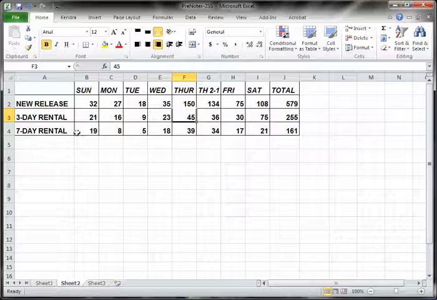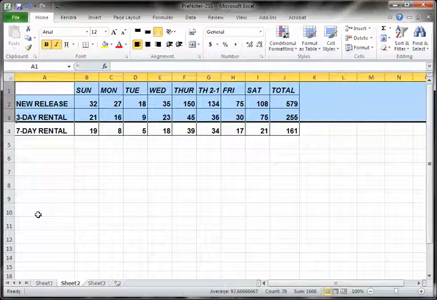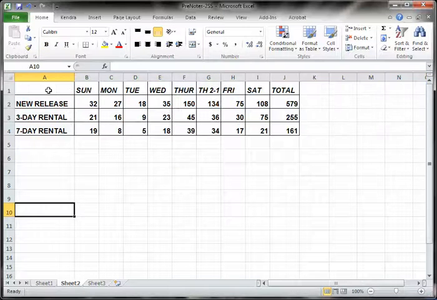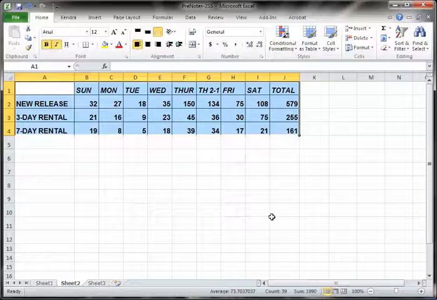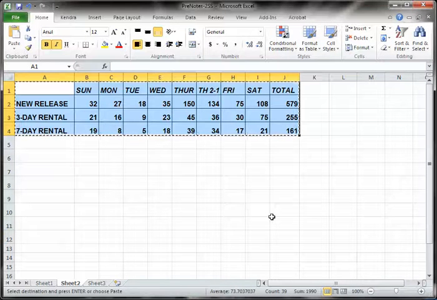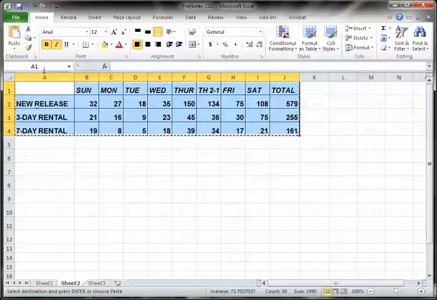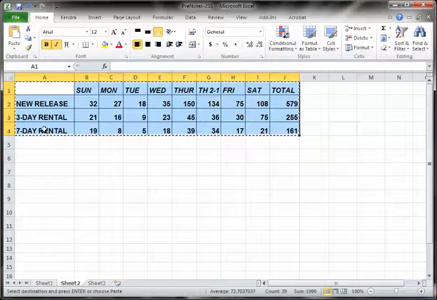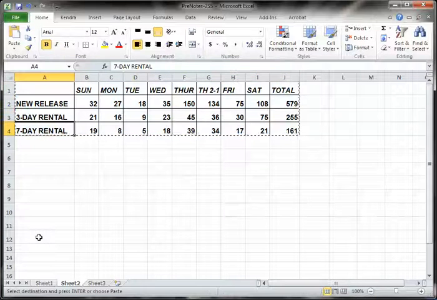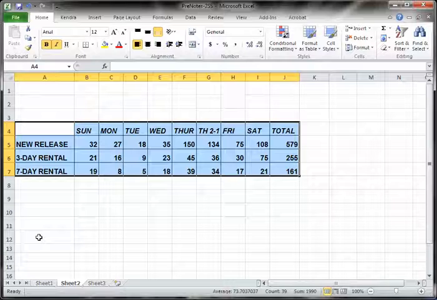Now, the next thing I'd like to try to do is add a title to this. So I want to move everything down. Now there's two ways I can do it. I could highlight the top 3 and just insert 3 new rows. I'm going to actually do a cut and paste. So I'm going to highlight the chart that I've got there. I'm going to do a Control X for cut, and I want to move that down 3 spaces. So I want this box, the top left hand corner, to now be here. Just did a Control V